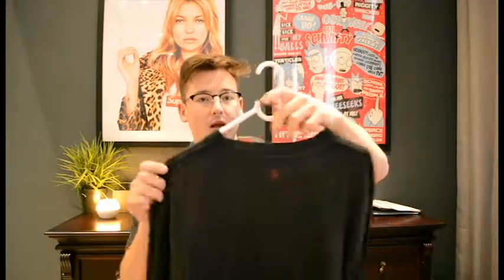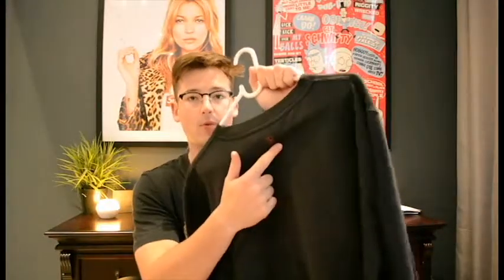And for number 3 we have this old Plan B sweatshirt. I got it in maybe 2013, 2014, so it's quite old, but I still love it and it still holds up today. This one's just black with the red Plan B logo and still nothing at the back except for that small Plan B logo. This is the sweatshirt I'll be using for today's video for all the outfits,